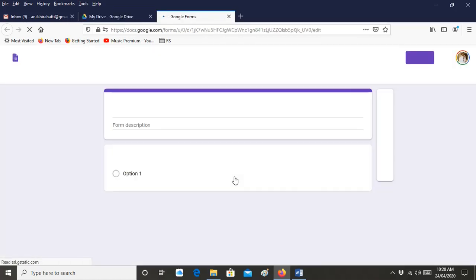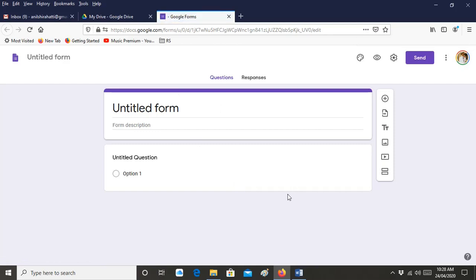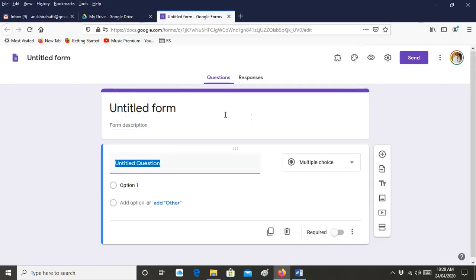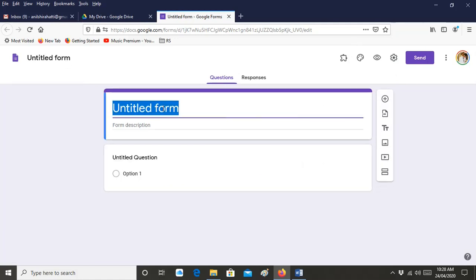So you can see Google Form will appear like this. So first thing, we will give the name of the Google Form. So let's say the name is second I sample test.